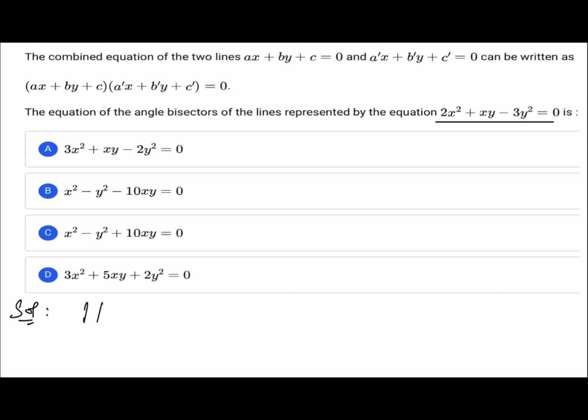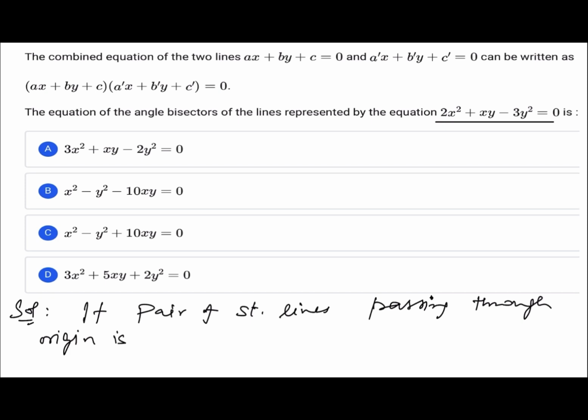We know if a pair of straight lines passing through the origin is ax square plus 2hxy plus by square is equal to 0,